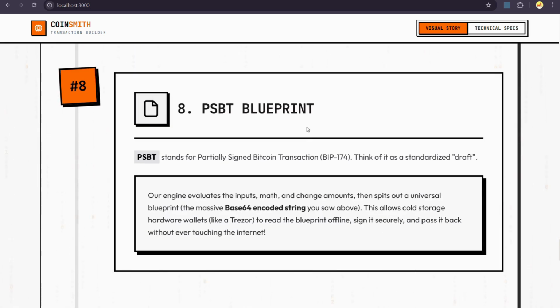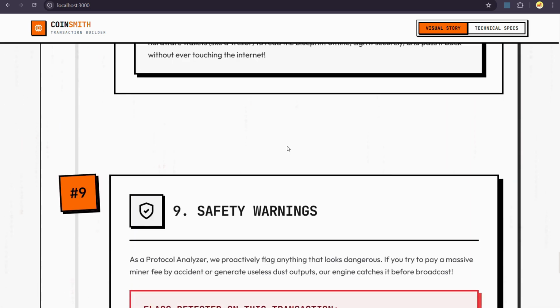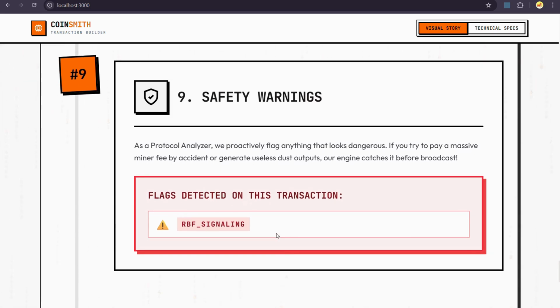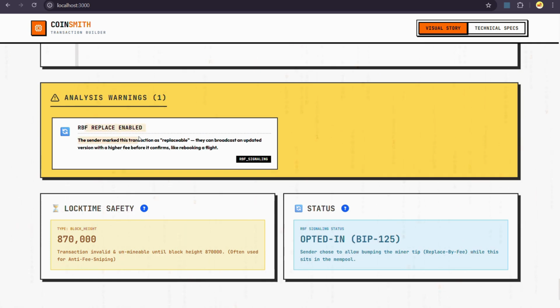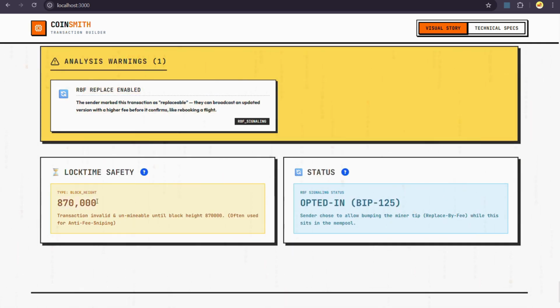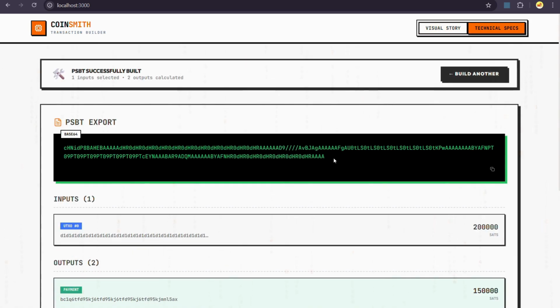And then we create a PSBT blueprint in base64 encoded form. Then there is a safety warning, and we also add a flag to each transaction. For this fixture, it has the RBF warning and block safety with the block height, and also the status. And we have the technical spec also. Thank you for